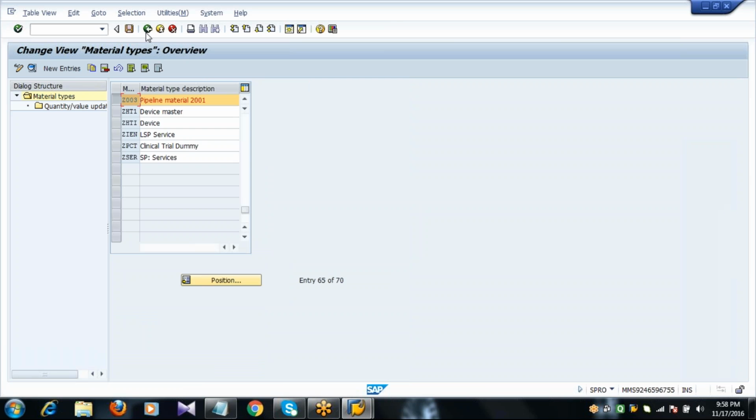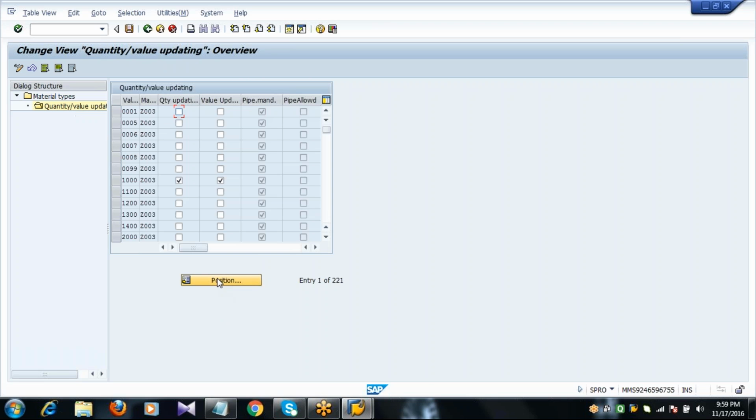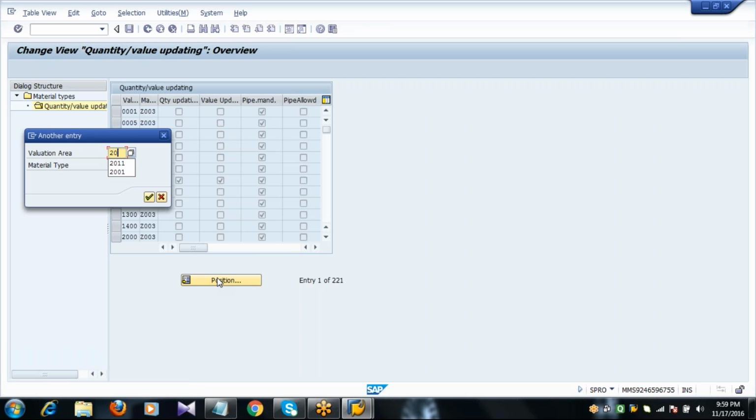Go back, select the material type and double click on quantity value updating. Click on position, enter the valuation area, that is plant and the material type.